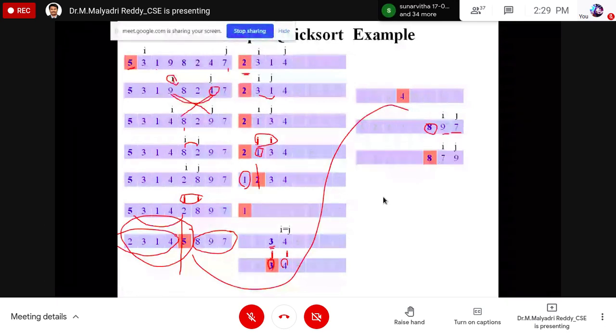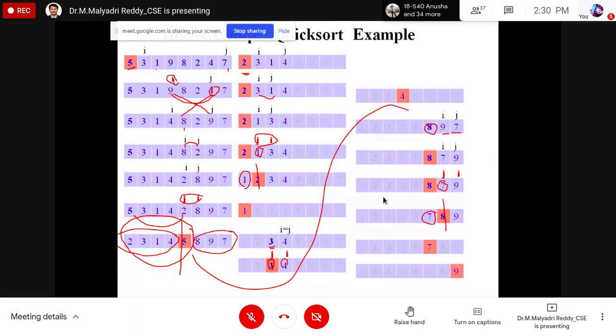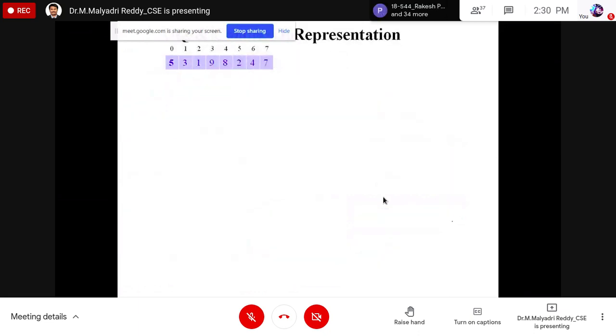Automatically. So next iteration J value is decremented by 1, I value is incremented by 1. So this 7 is replaced with 8. So that is 8 is sorted. That is, the pivot is placed at this position. Next, suppose again you divide the problem into subproblems 7 and 9. So 7 is a single element, itself it is sorted, next 9 is sorted. It is a complete sorting of the array.